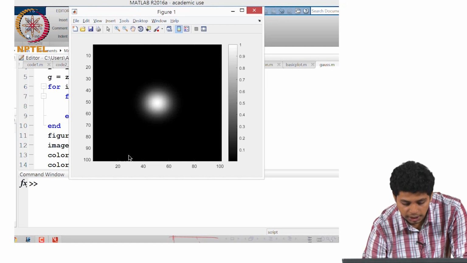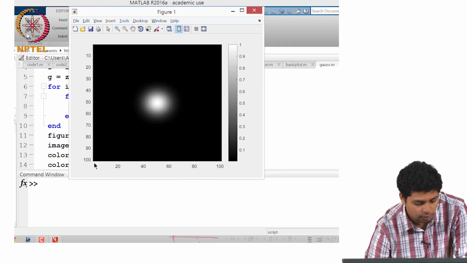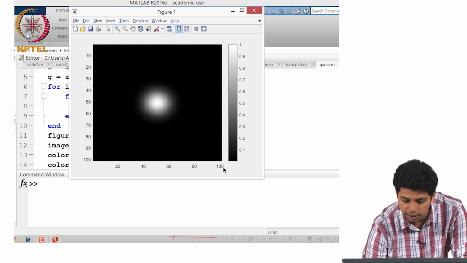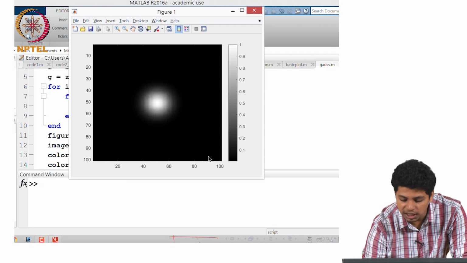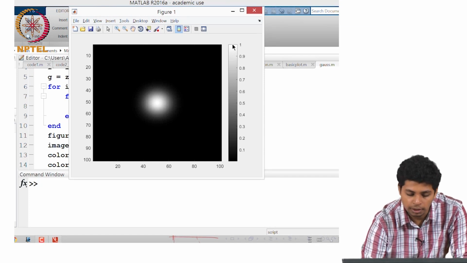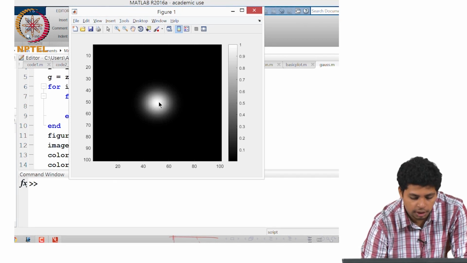This is the output that we get. As you can see, there are 100 points by 100 points approximately. There are 101 points, as you can see in the workspace, but this will show an approximate picture here. There actually are 101 by 101 pixels. It is just displaying 100. And then the darkest part is black, which has a value of 0, and the brightest part is 1, since we did not give any amplitude value to it. Now this is how your Gaussian waveform in 2 dimensions will look.